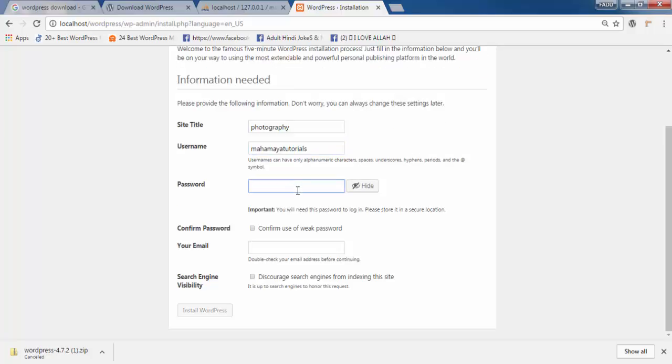You can write anything you want, depending on the user. Like my name is Rahul, I'll write Rahul@321 as my password, and it's saying it's a weak password, so you need to click here to confirm use of the weak password. Then only this installation will get activated, or else it won't.